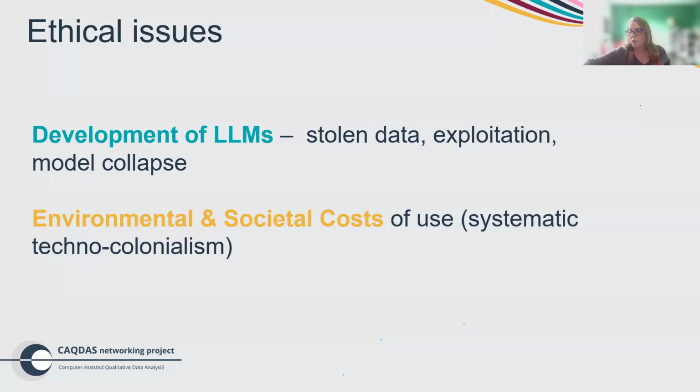There's also quite a lot known about exploitation in that sense as well. And then there's also the idea of model collapse, which is the idea that as the models develop, they are being trained on more and more data. But as models generate new data, those new data are then incorporated in the models as well. So you get a kind of cyclical element there. And that can cause some big issues in terms of the models themselves.